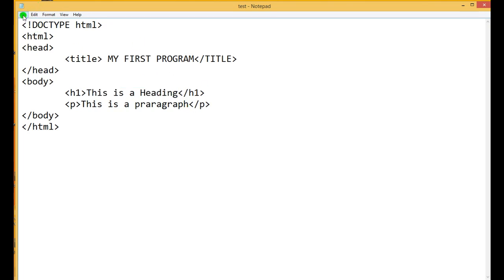After making all the edits, just go to file and click on the save button. The next time no need to do save as. Save as is only for giving the file name, but your file is already saved, so you just click on the save button. You can see all the changes in your program. Okay, I hope that you understood this topic.